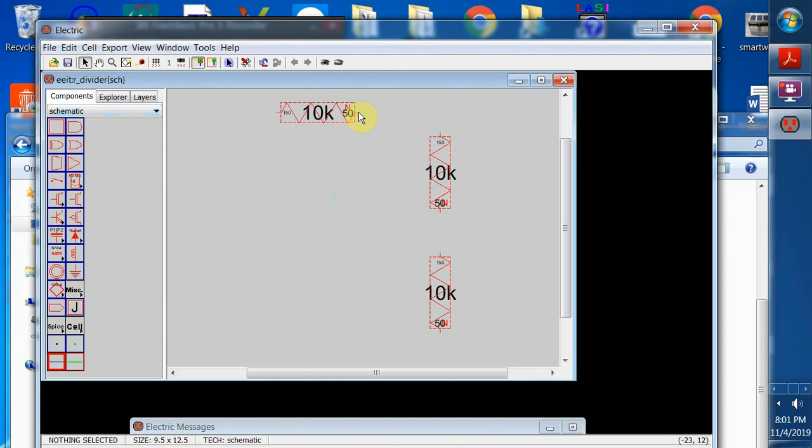Do not release the right button, and then drag it across to create the wire. Then the wire will be created to the place where you drag to, and then you create another one. So I got the wire connected for this,